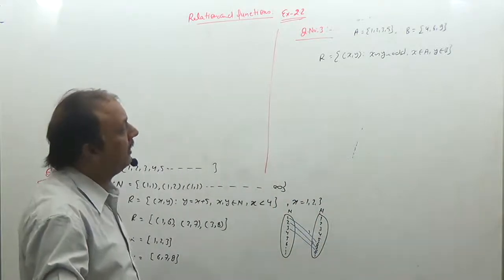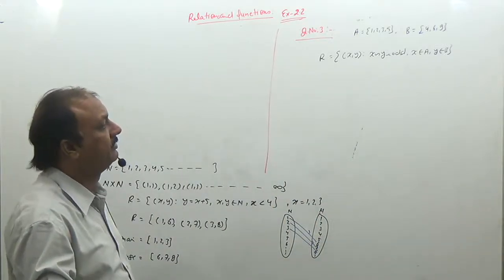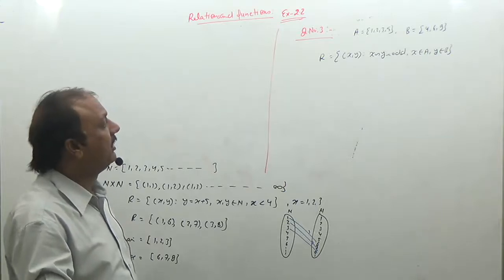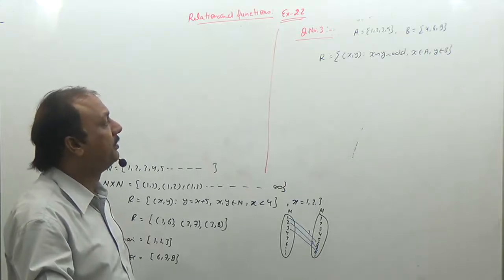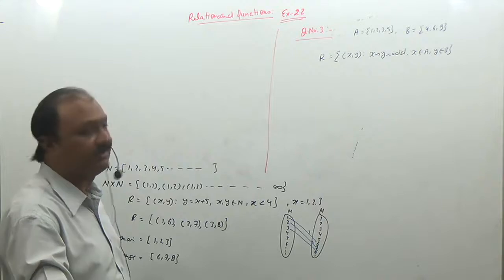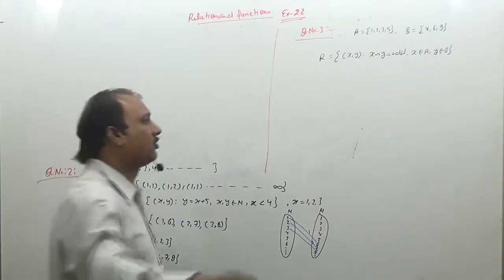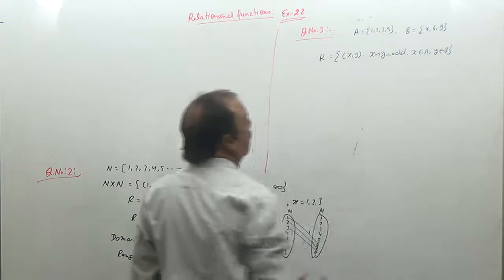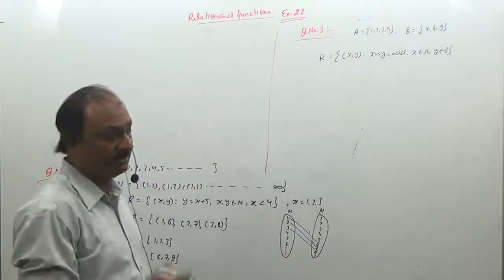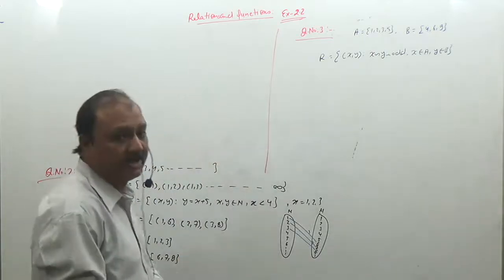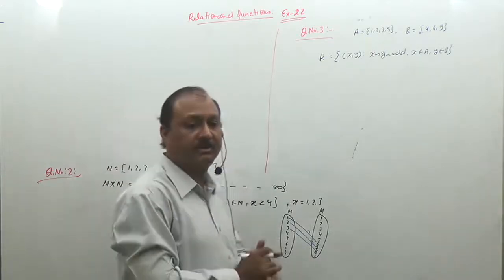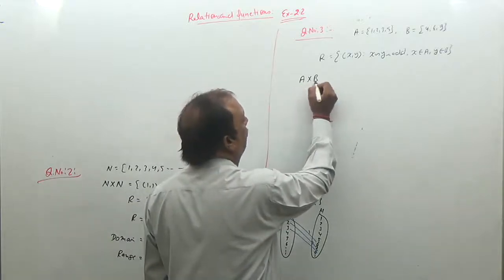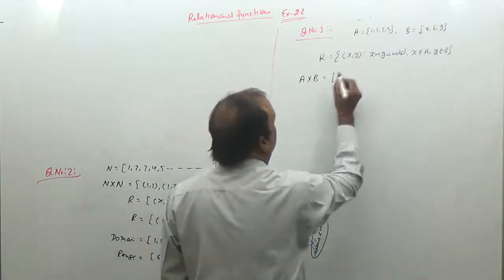So simply there are two given sets A and B, and we have to select some ordered pairs from A cross B to form a relation. First of all, take the Cartesian product of the two sets, because until we take the Cartesian product, ordered pairs will not be formed, and if ordered pairs are not formed, the relation will not be formed. So here, first find A cross B. These are the elements.